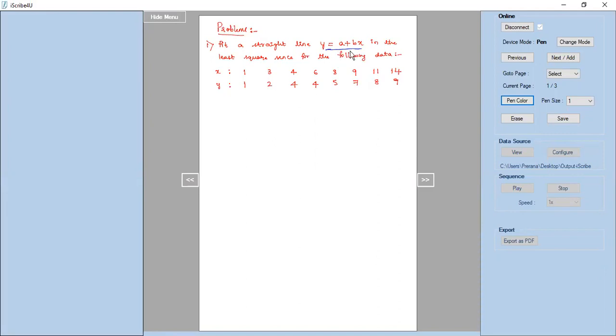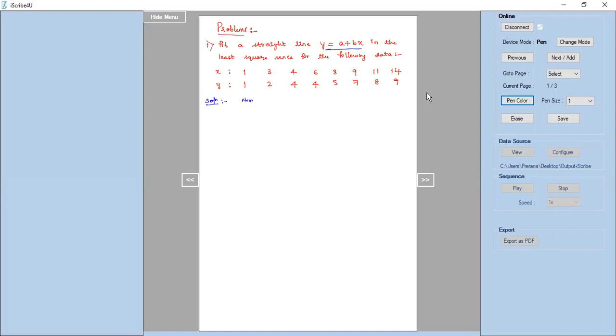So we will first write down the normal equations for the curve y is equal to a plus bx, followed by a relevant table with all the summations required for us. Accordingly, we'll frame a table and obtain the constant values small a and small b. Once obtained, we'll substitute them into the given curve, which gives us the straight line equation for the given set of data. So let us do the solution now.